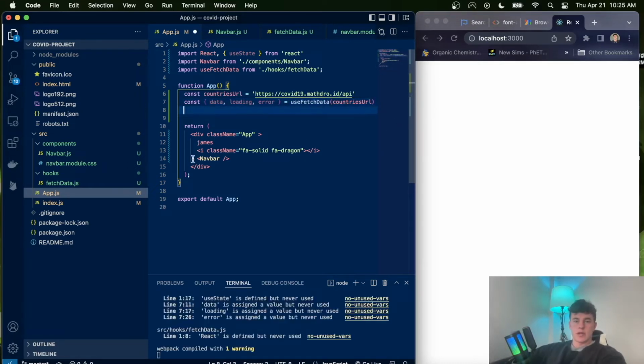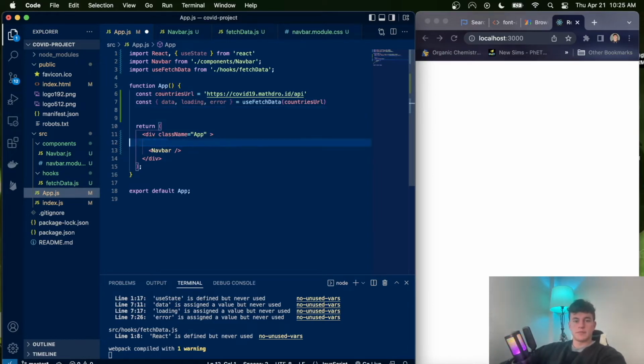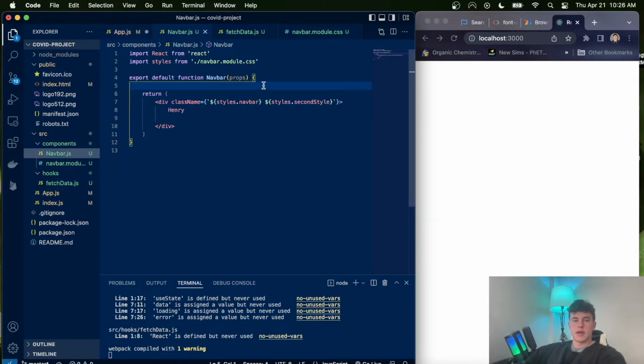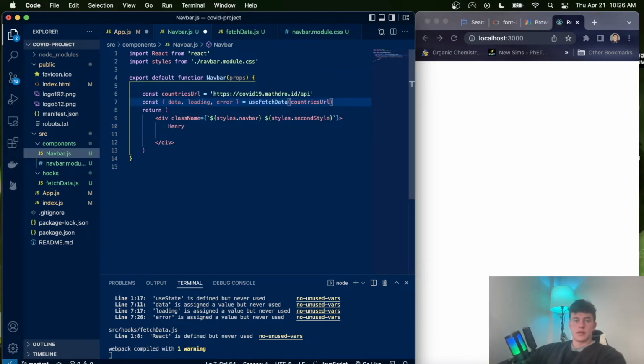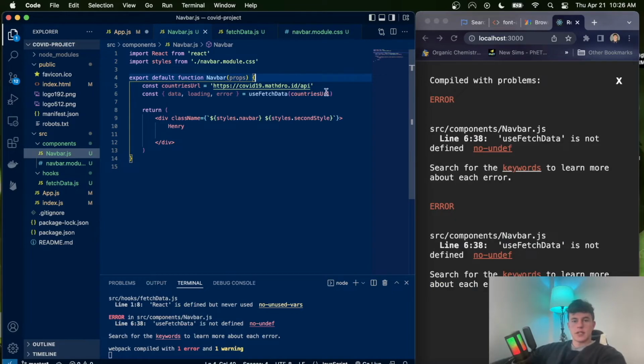What we can do in our React app is say, okay, depending on the state of this information, we can render different things. So down here, if I get rid of this content, in this particular instance, we actually want these two URLs to be rendered into our navbar, because this is going to be where we get all of our information from. But essentially what we're going to do is